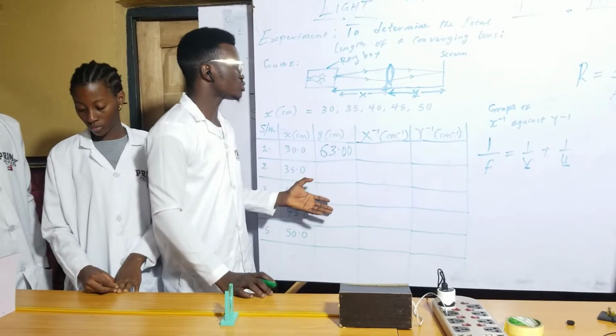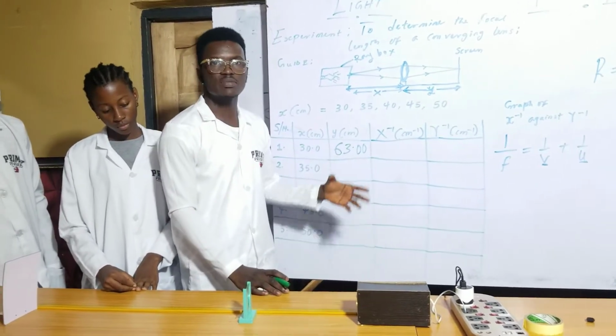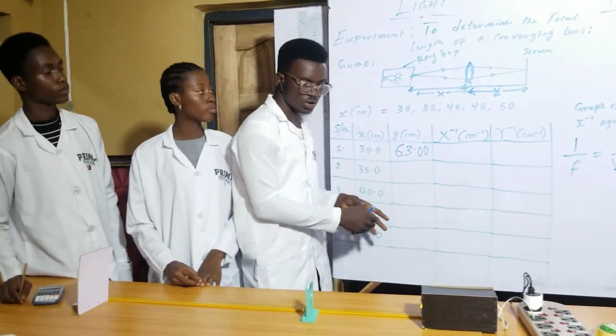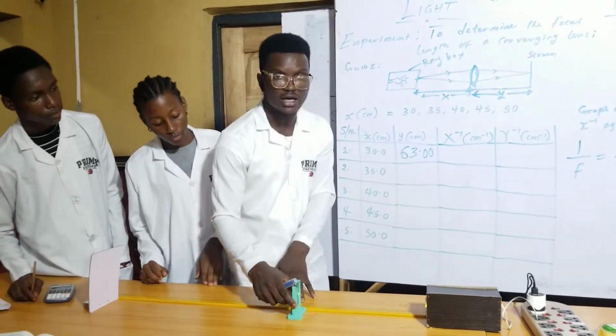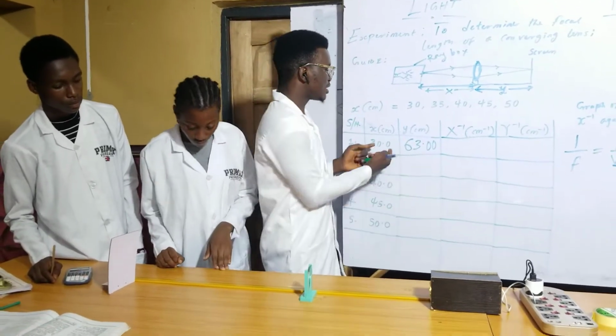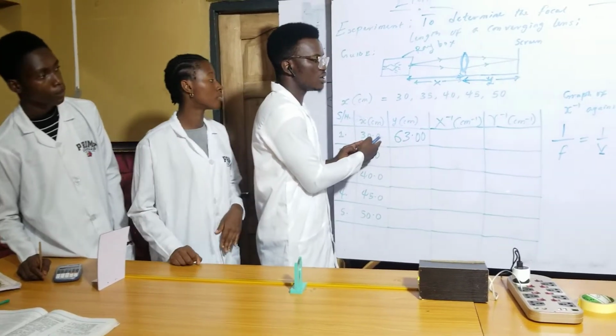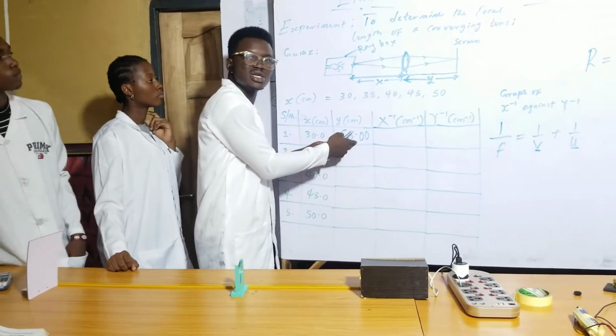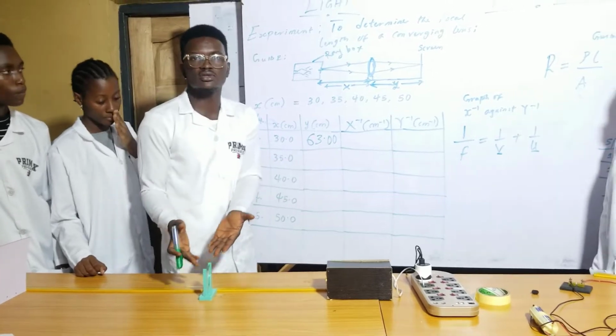I taught you how to determine how to form your table, so when to put your 2 decimal places, 3 decimal places, and so on. Now looking at what you have here, you place it again at 35. That's what we do. Now that I know the object distance and I know the image distance, I can determine the focal length of the lens.